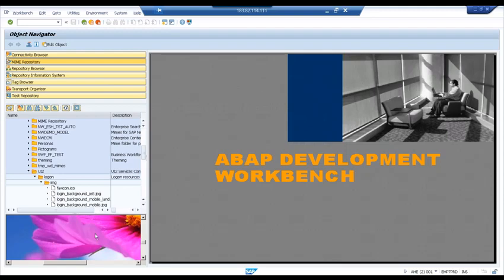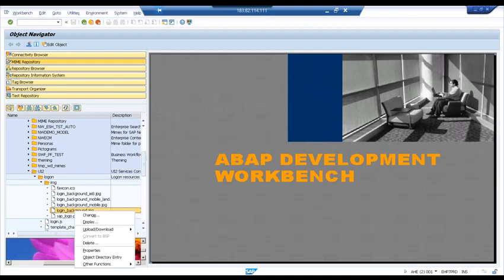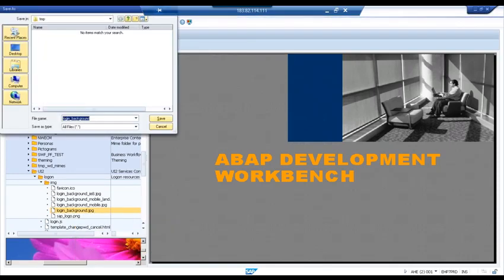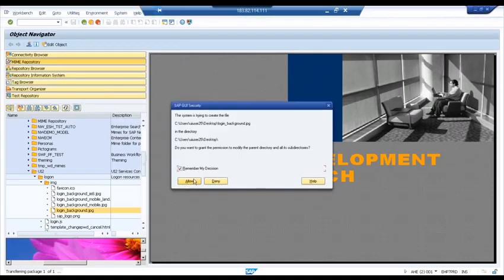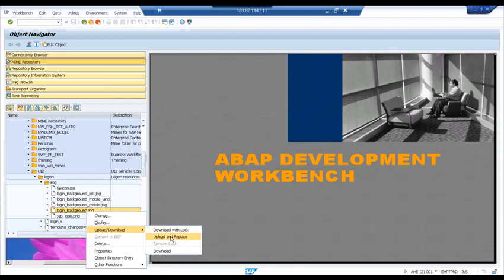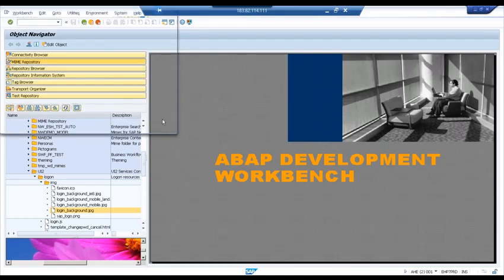So take a backup of this. Don't spoil this. What we're going to do first is right click and download it somewhere on my computer. So I say download with the lock, or I can just say download. Just download this, and you can see it's now downloading. I download it on my desktop, and just take a copy of this before really changing it. Yeah, and now just make a right click on this and, you all know, right? It's just upload and replace. That's the game. So upload and replace,